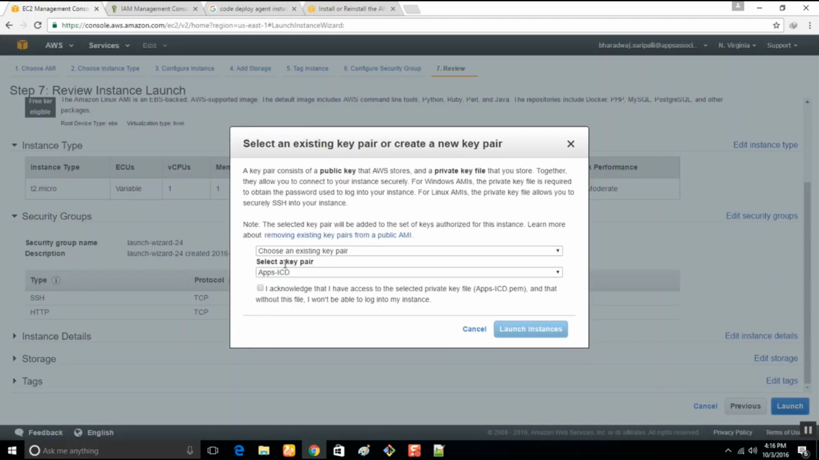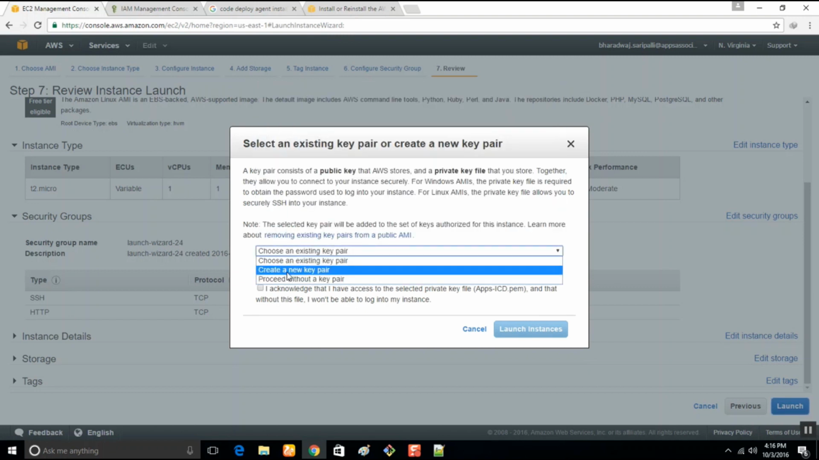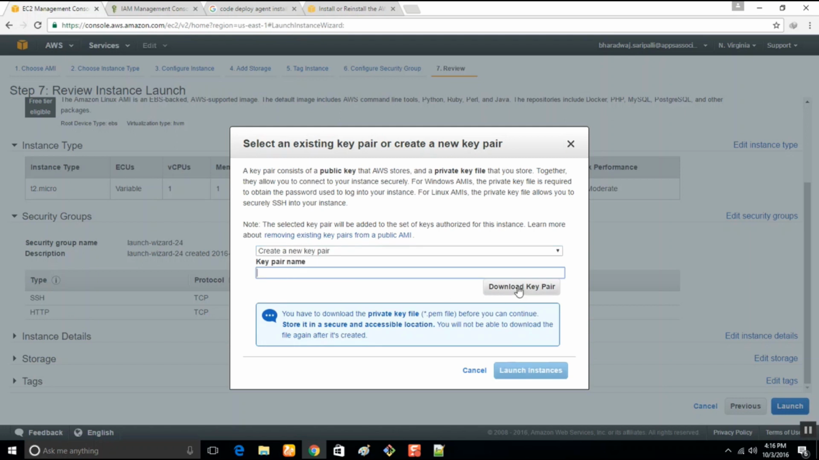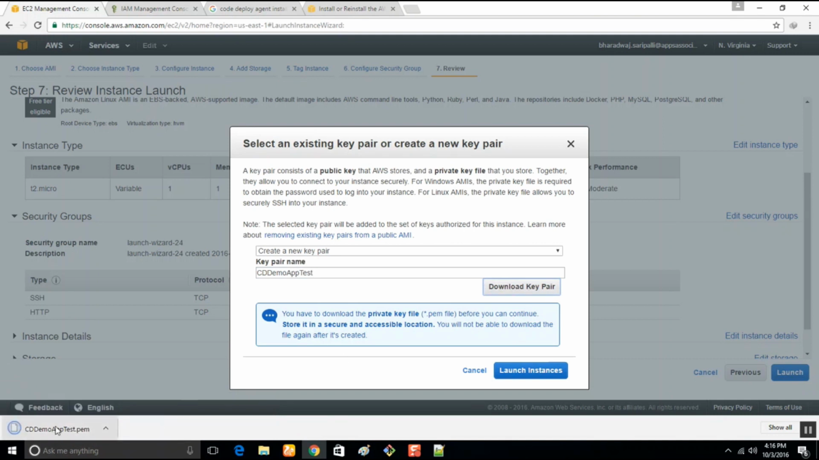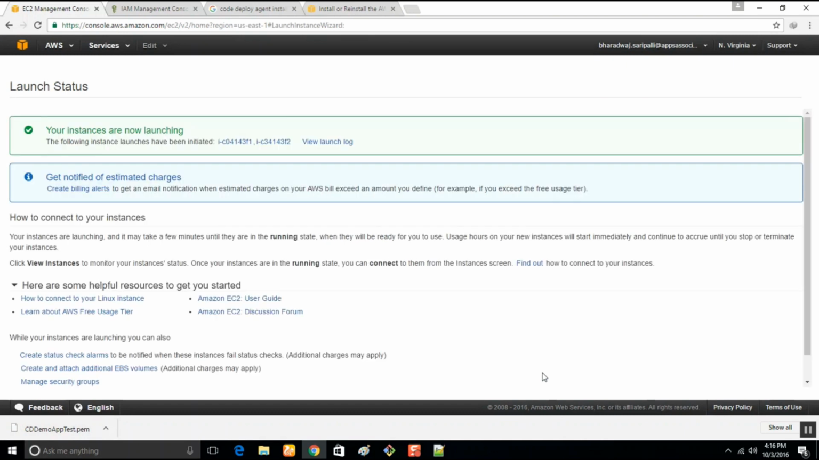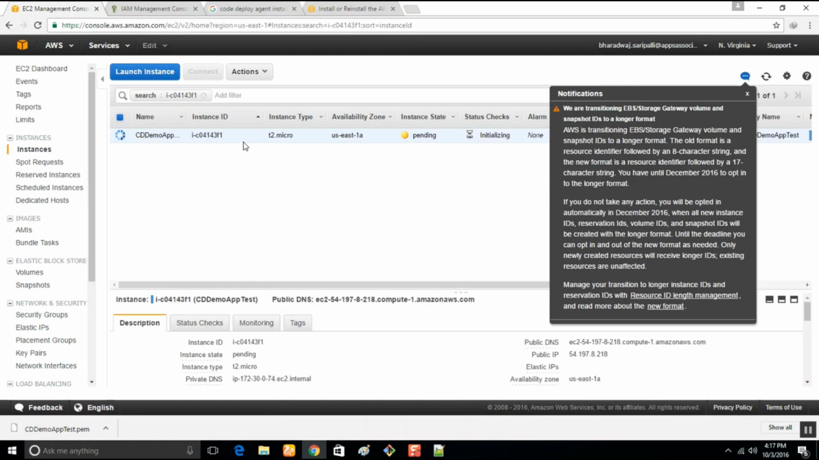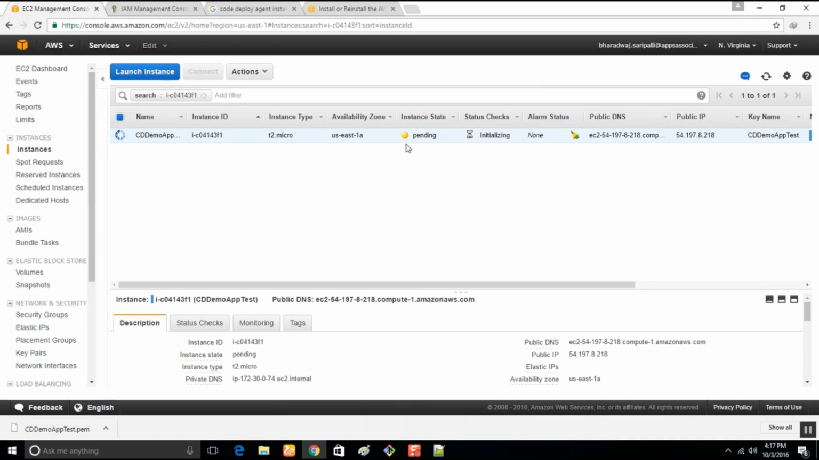Let's launch. Before that, let's create a new key pair. Let's name it cd-demo-app-test. Download key pair. And now we have that PEM file. Launch instances. I'm a little bit worried whether it will give a public address or not. Yeah, lucky enough, we got this public DNS. Let these instances power up. In the meanwhile,